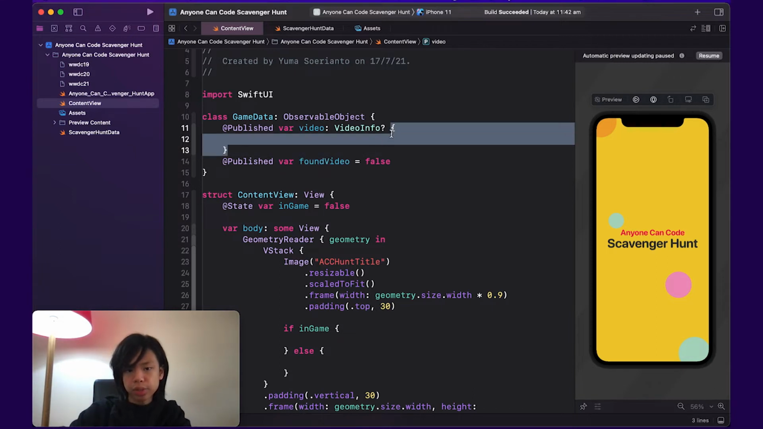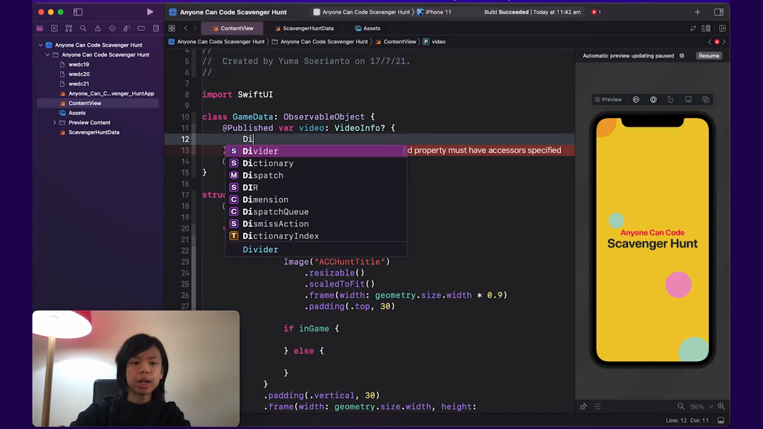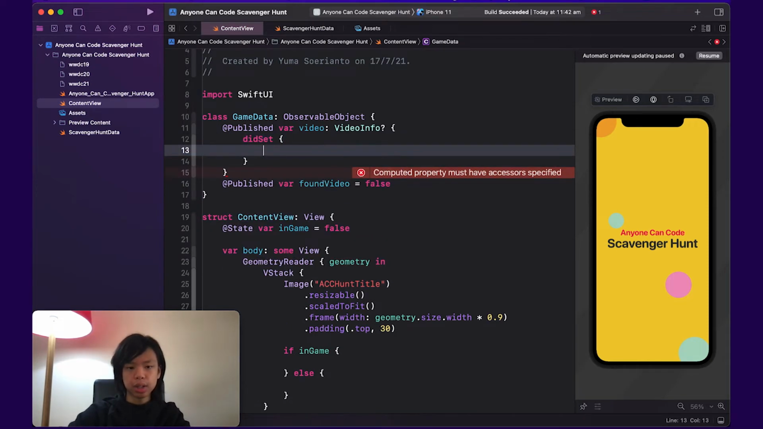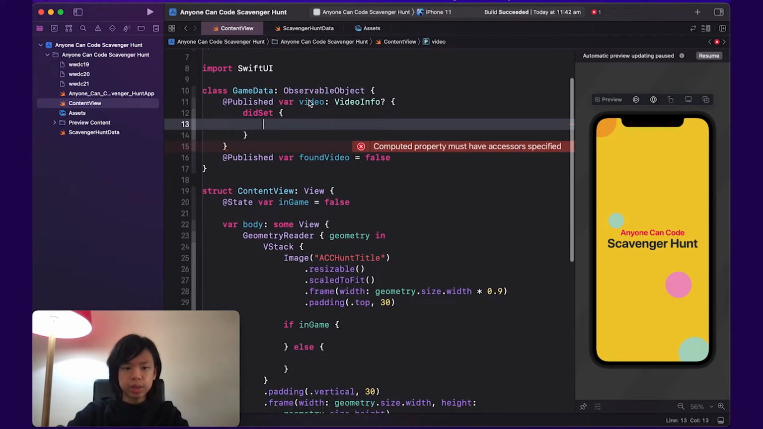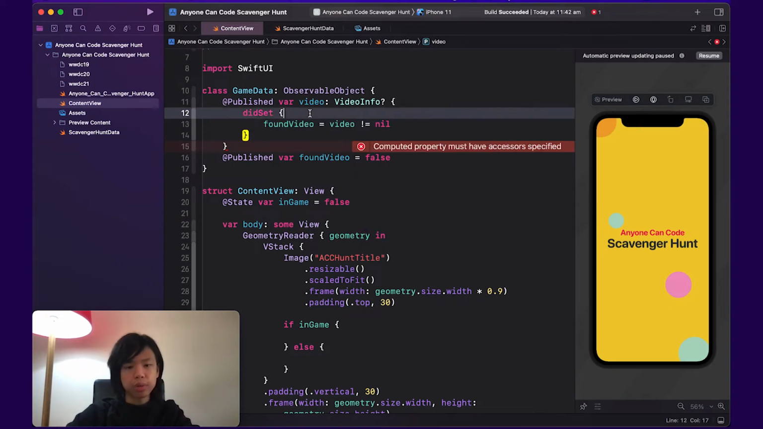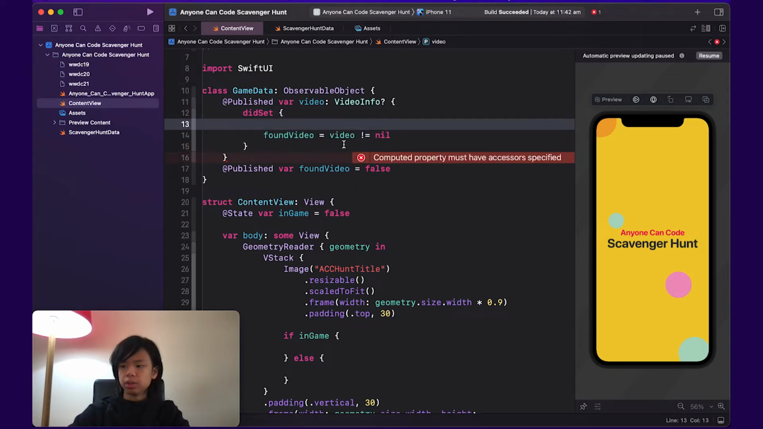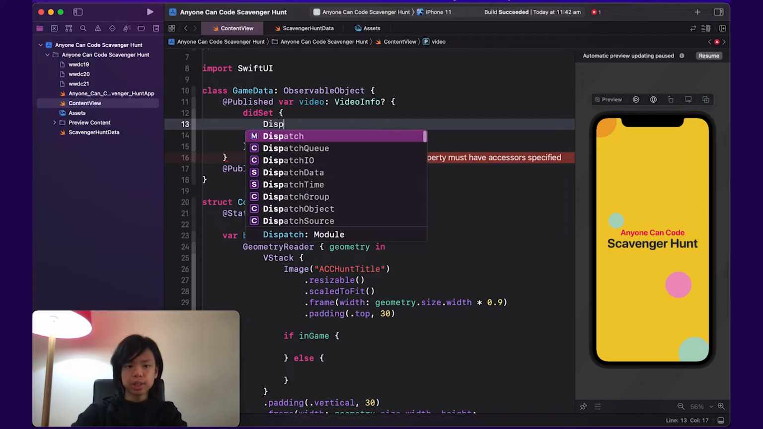Now, you don't have to change this manually. If you saw these curly braces, you might know what I'm going to do. I'm going to add a didSet observer. So once this variable has been changed, I can set found video to video is not equal to nil. So if it's not nil, then we have found a video. Otherwise, dispatch queue,